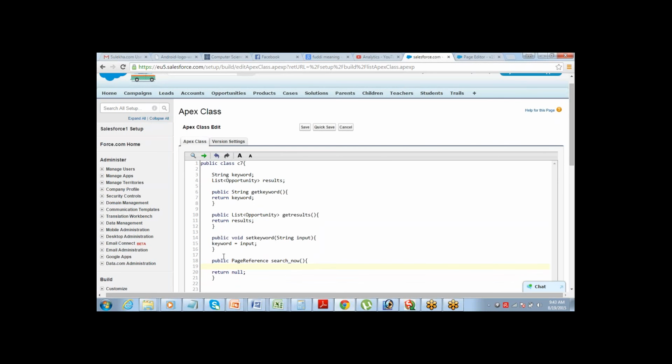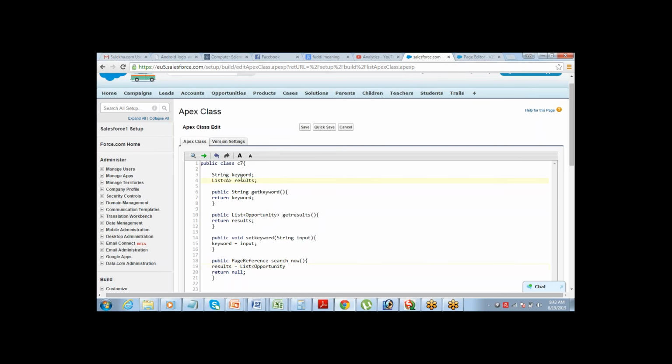So this time we are not dealing with the SOQL query, we are going to write a find statement. All that I have to do is write it like this: results equals list of account.